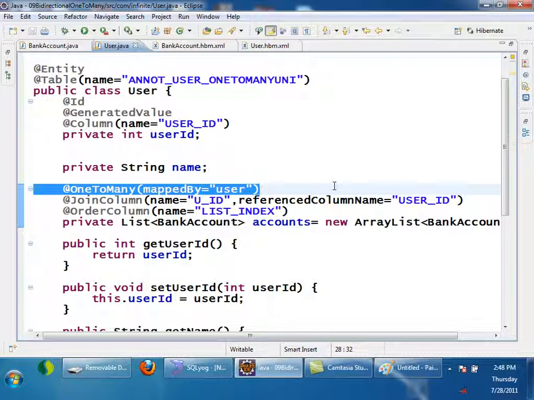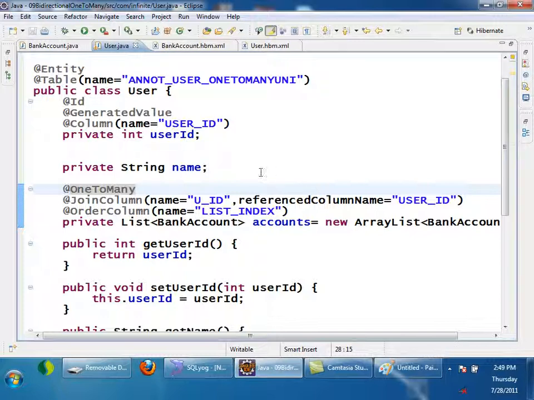Now as it is a list, you have to consider this side for insertions or updations. The other side should not be considered for insertions or updations. So whenever it is a list, you should not use mapped by here. If you remove this, that means that changes made to the list will result in an update statement.